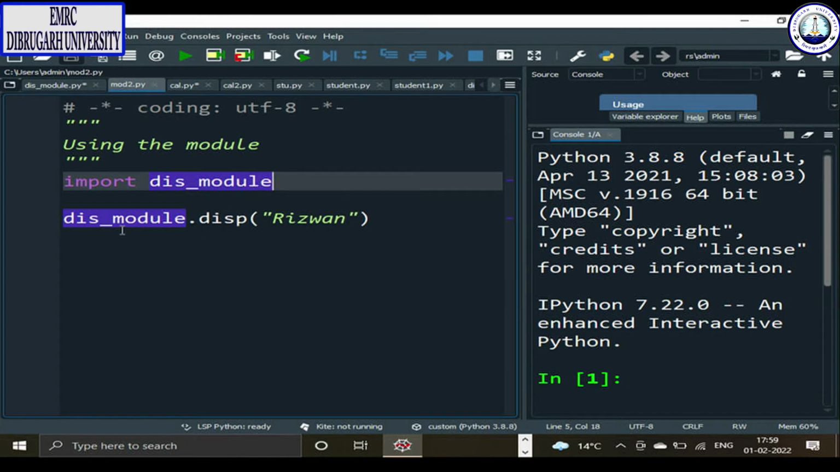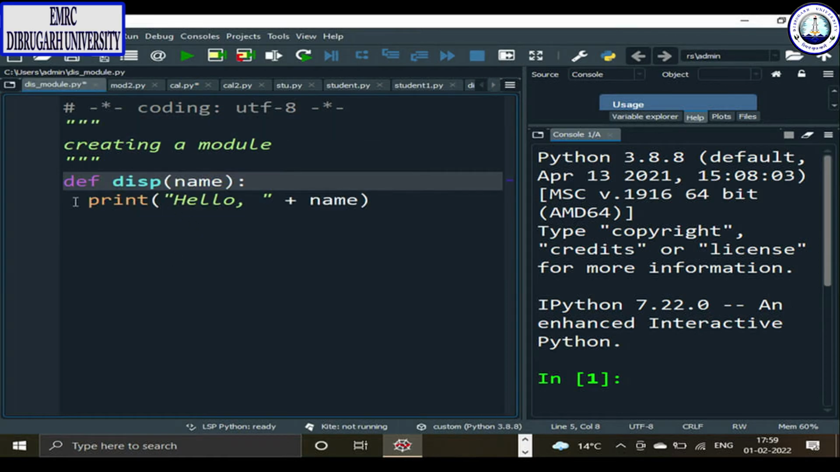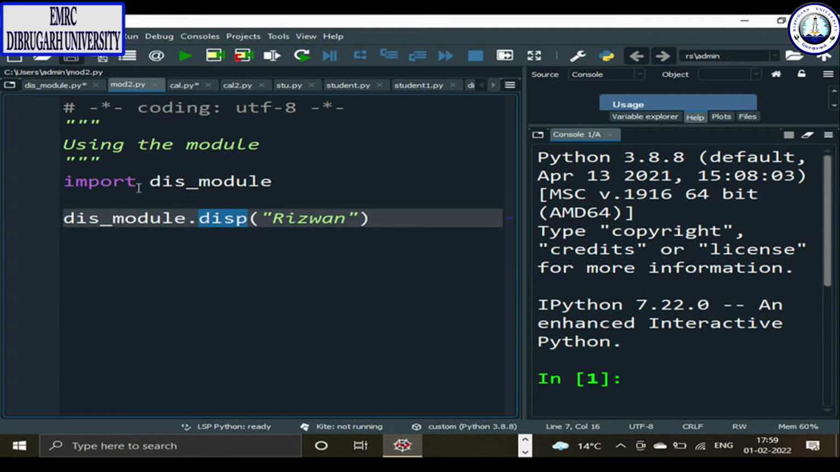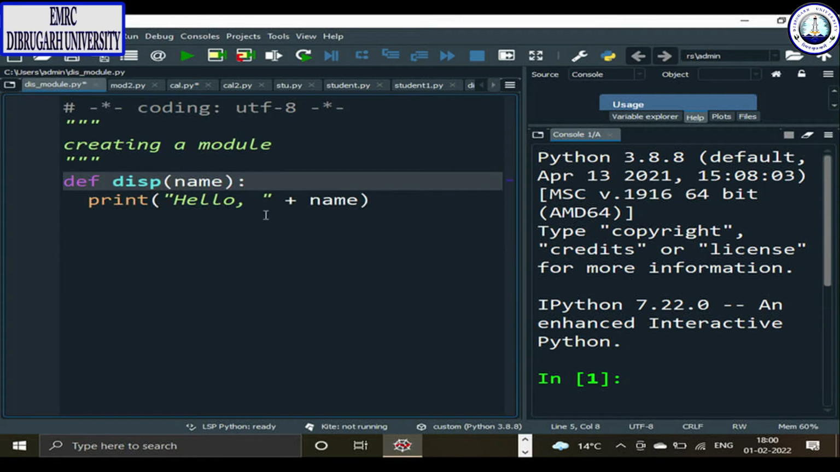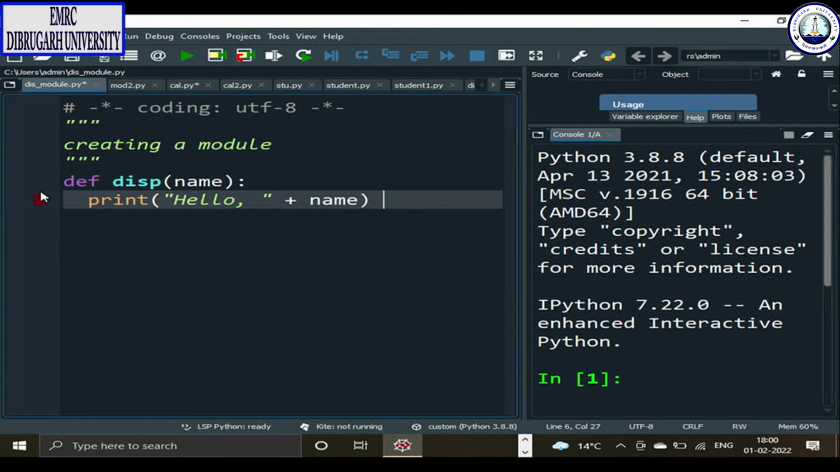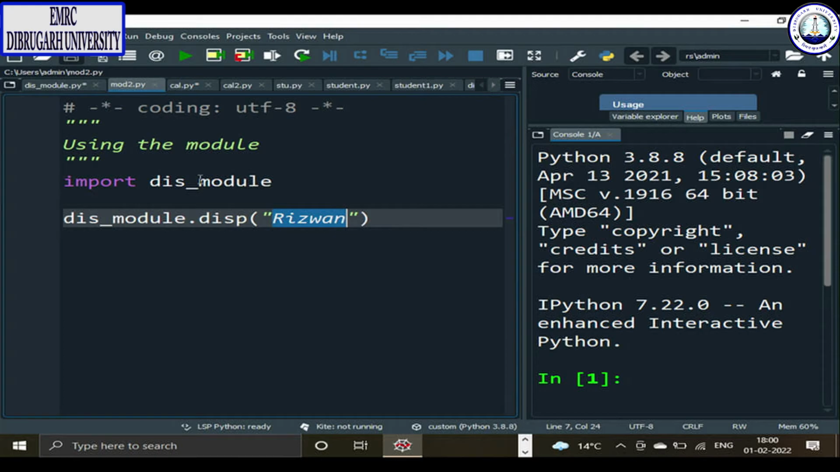So as you can see in this program, this is the file name that I am importing, that is import this_module, and then this_module.disp. This is the module name, right? So we are calling this particular file which consists of this particular module. So this_module is the file name, and this is the module, and I am passing the value Rizwan. So in this particular module, when I pass a value, it is going to print hello with that particular name. So when I execute this code,